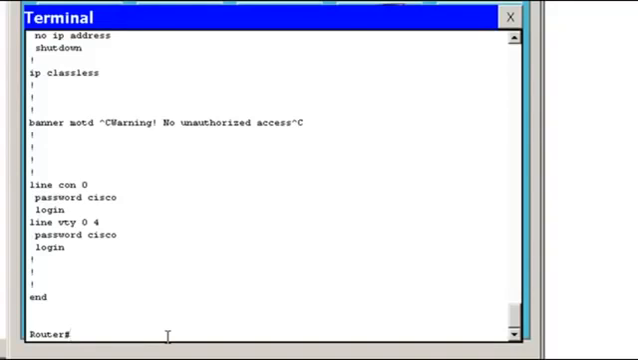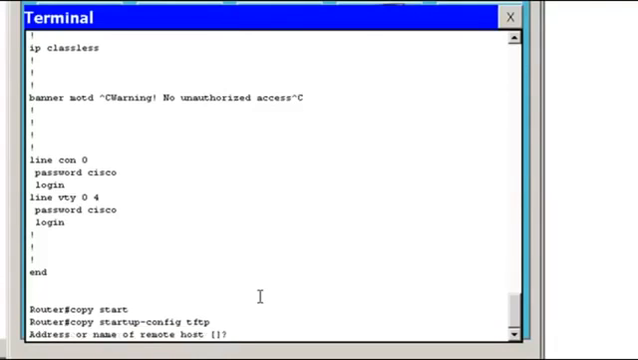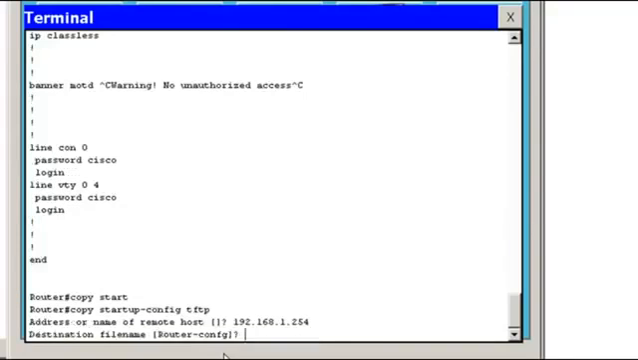it would be a command like this. Copy, let's say, start tab, startup-config to TFTP, right? And I would hit enter, and I'd put in the IP address of the remote host. All right. And the destination file name, I'd say Dan's-config,